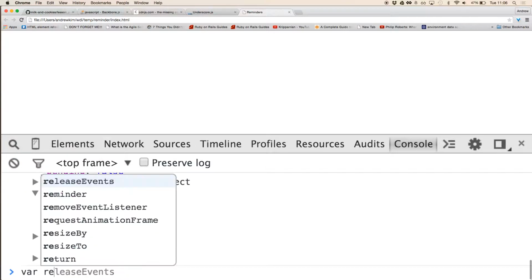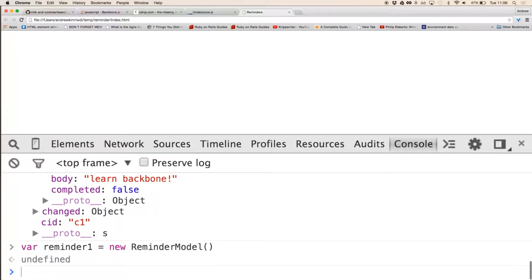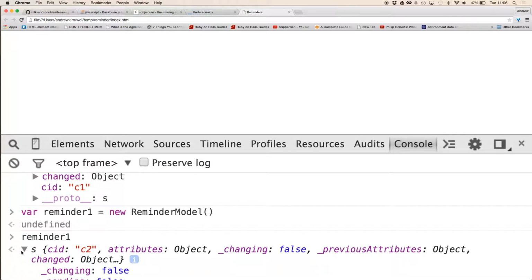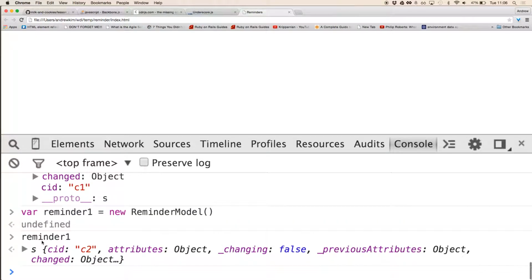So now I'm just going to create another reminder, reminder1, reminder model. So now I have a new reminder. If I do reminder1, I can return that object and see that its attributes are nothing. So I just made a new reminder, that's all I did. And now with reminder1,